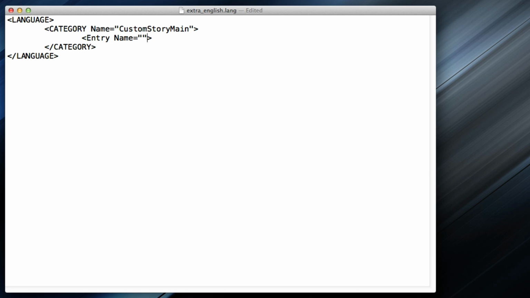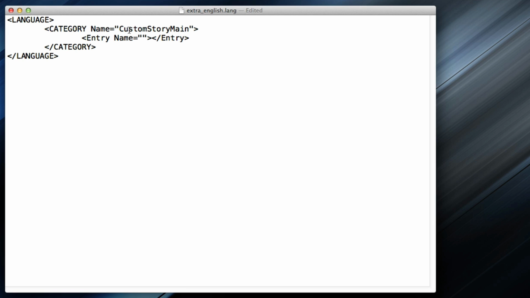Very similar to the category, except it's entry this time. And instead of doing it on a new line, I'm just going to do /entry directly behind it. So /entry like that. It's kind of the same as if you were to put it on a separate line, but usually these come just right after, because then you can just use one line for it. It usually looks a little better.